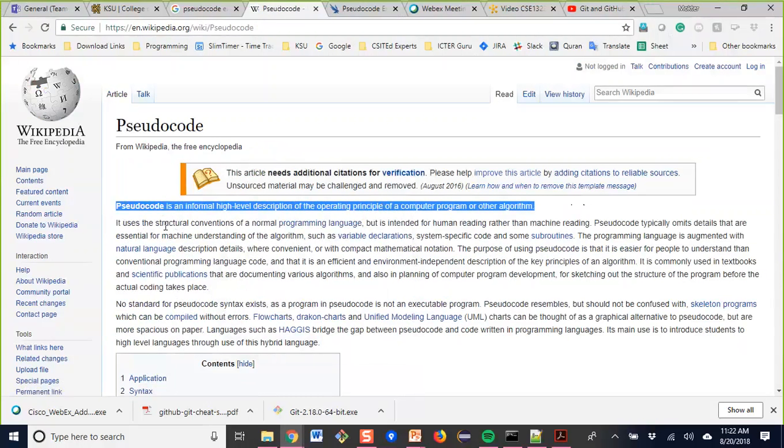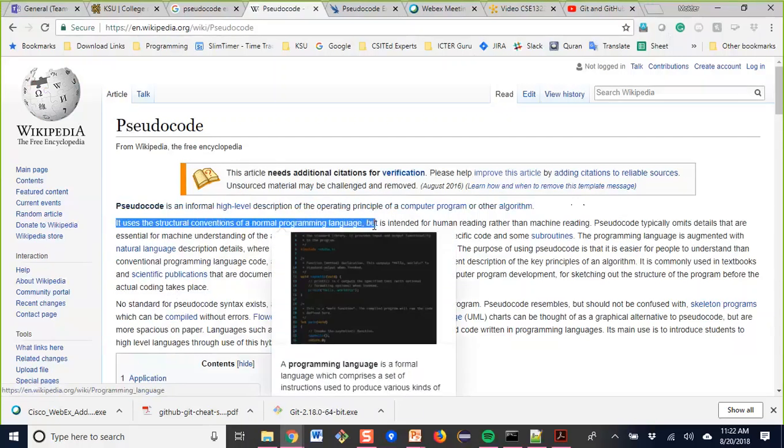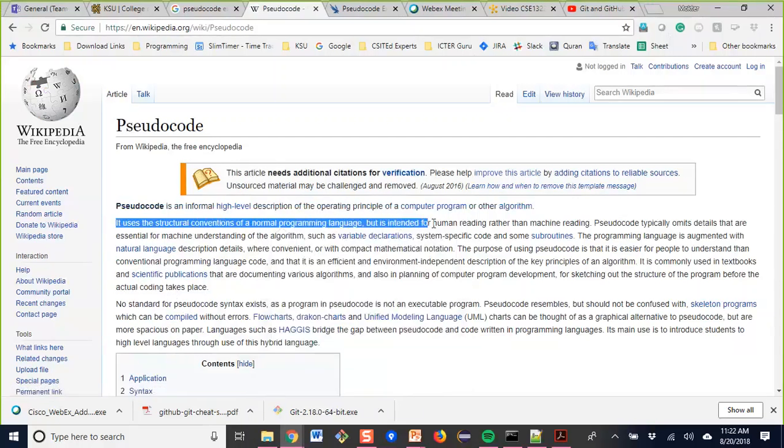It uses the structural conventions of a normal programming language, but is intended for human reading rather than machine reading. What does this mean? When you write in pseudocode, you write in plain English rather than using any machine-understandable programming language.